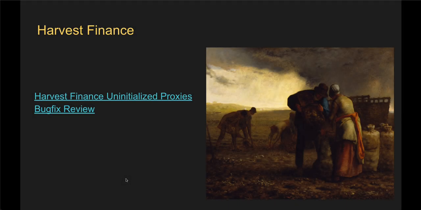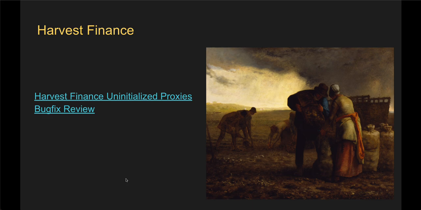Another cool example of the uninitialized proxy is HarvestFinance. I won't talk about that because it works very similarly to the OpenZeppelin one, but the DDoP team that has found this bug did it in a really cool way. Meaning the HarvestFinance didn't have their contracts verified on Etherscan, meaning that